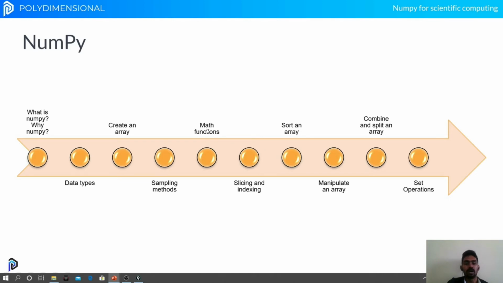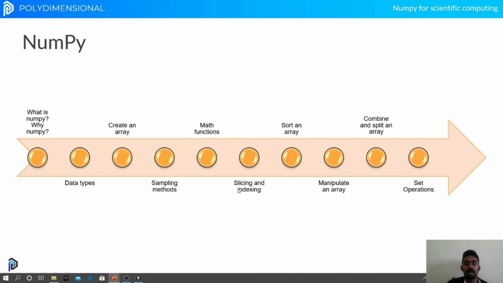Later, we jumped into the math functions. We know NumPy is a scientific computing library and it has an enormous number of math functions, from logarithmic to exponential and sine functions. We saw covariance and correlation. There are many mathematical functions available in NumPy, and we covered a few of them. You can try it once again. Almost all functions that we do in a normal calculator can be done using math functions for sure.